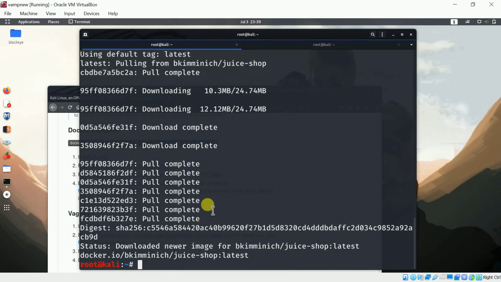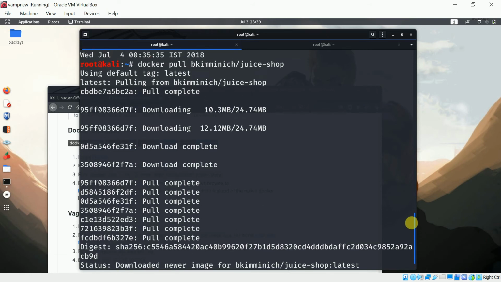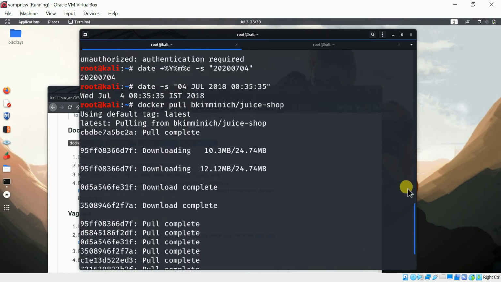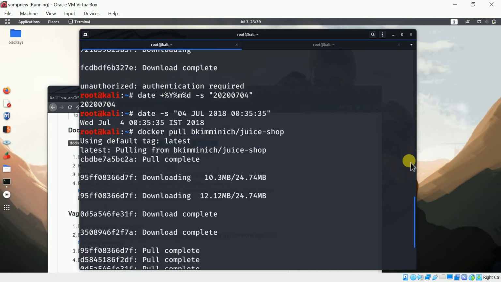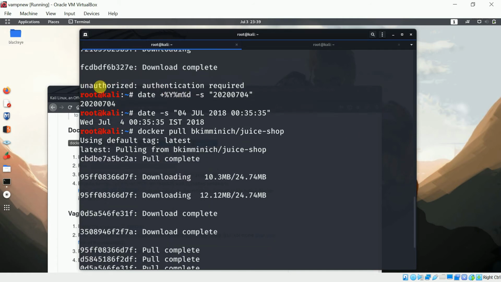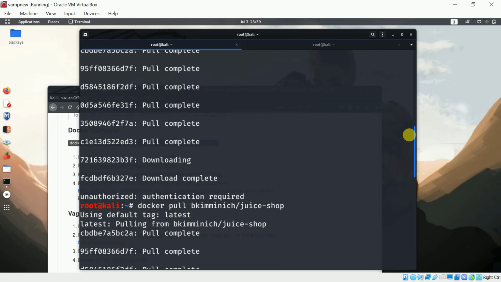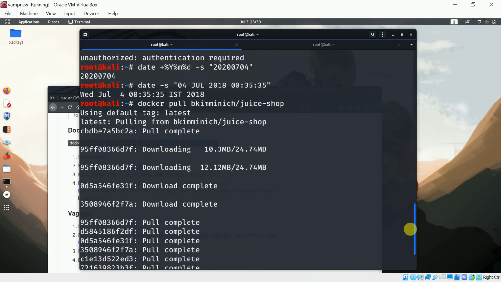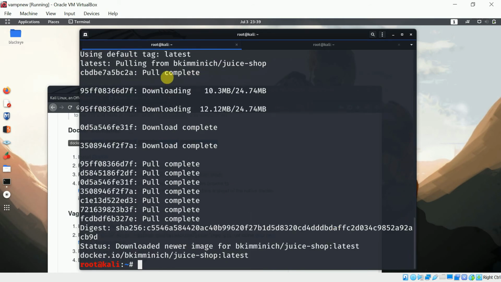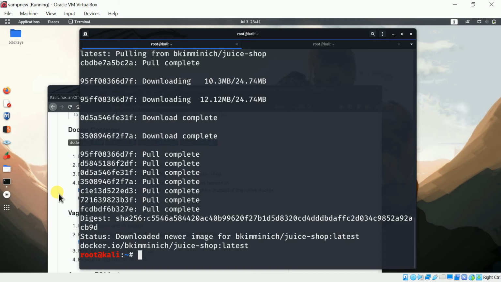The step number 2 has been completed, and it took a lot of time. If I show you, most of the time it actually failed. I don't know, it's all because of the low internet connection, but it keeps telling me that it's unauthorized, authentication required, and all these things. I tried many times. You can see here that I tried first, second, third, and fourth. Finally at the fourth time, I got everything completed and downloaded.